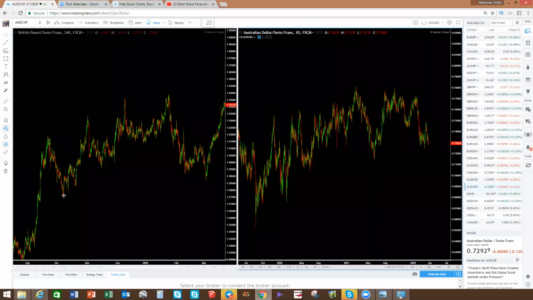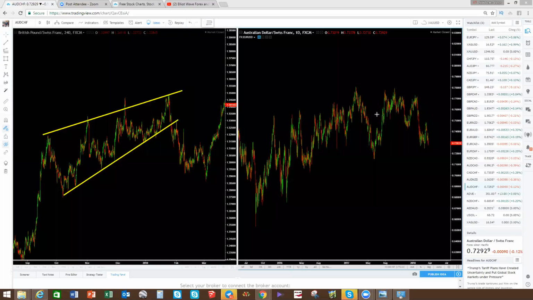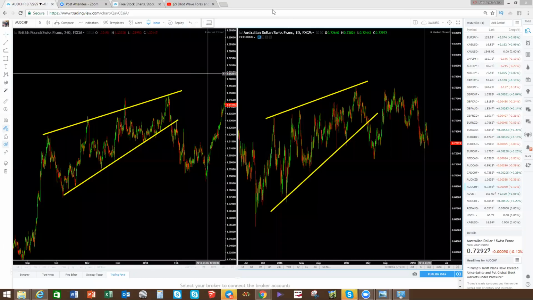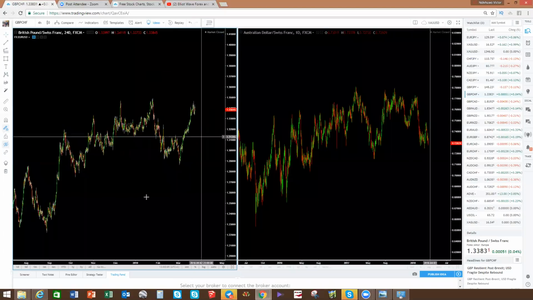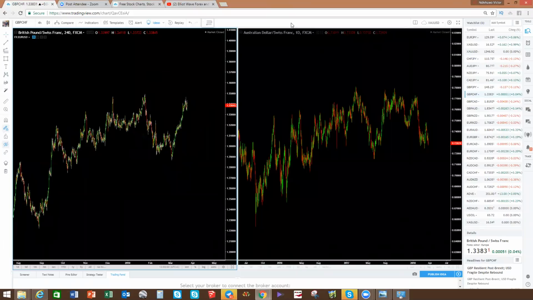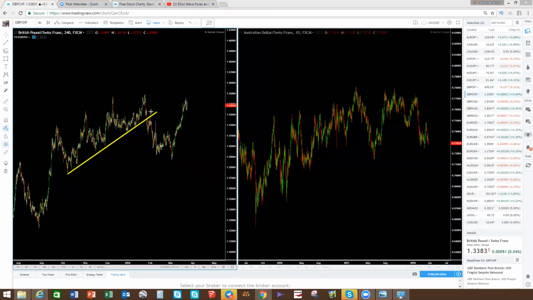Look at this one. Ends with a diagonal. This one ends with a diagonal. See, these are two different pairs. Obviously, here there's correlation because of the CHF between all of them. I should have moved this one at least to the side here, so we can see it clearly. So you've got here, you've got that. You've got also this one here